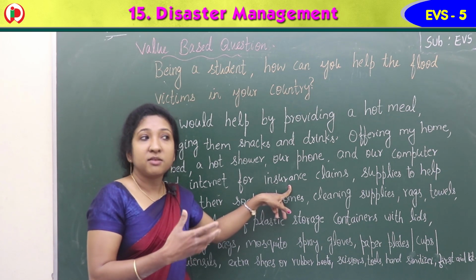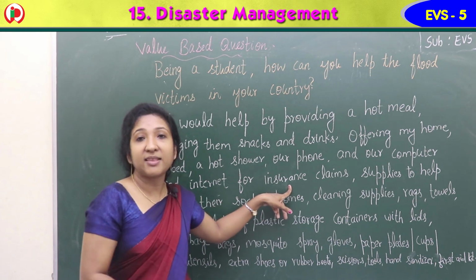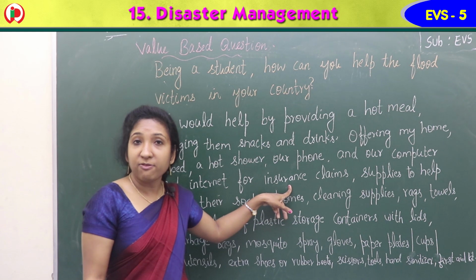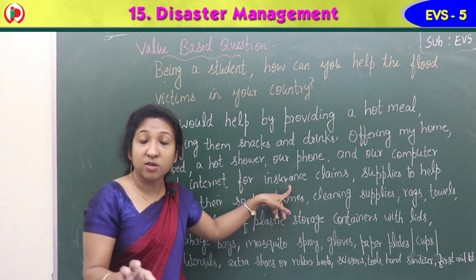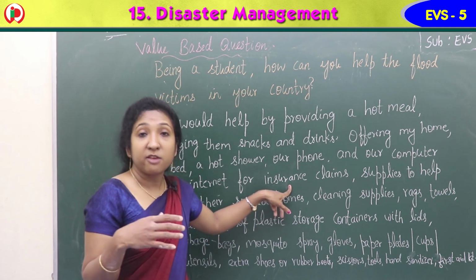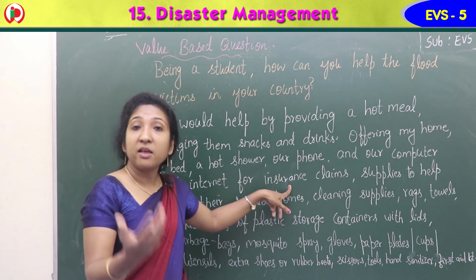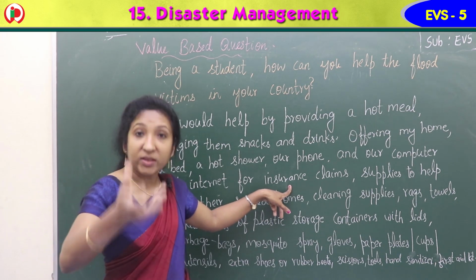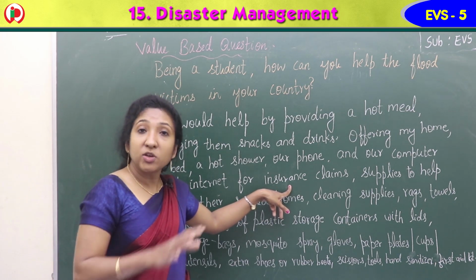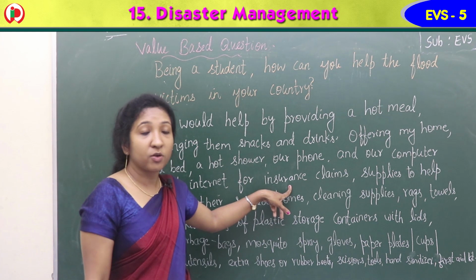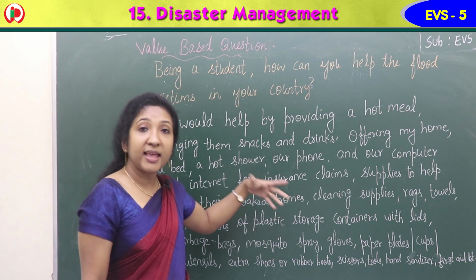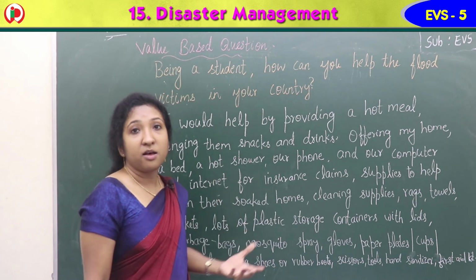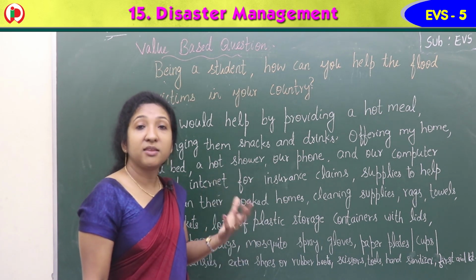caused by these floods and all. Whatever damage, whatever things they lost, if they request the insurance company, they give the money. They can claim insurance. Insurance claiming means requesting them to give the money to repair the things they lost. Okay. So if they have insurance and it gets claimed, they get some money for improving or repairing the things